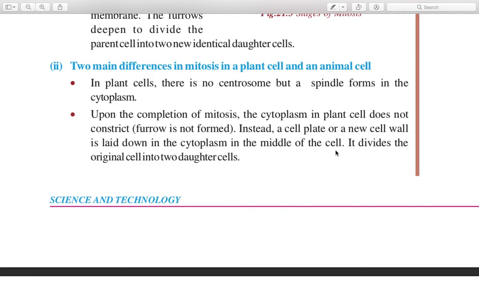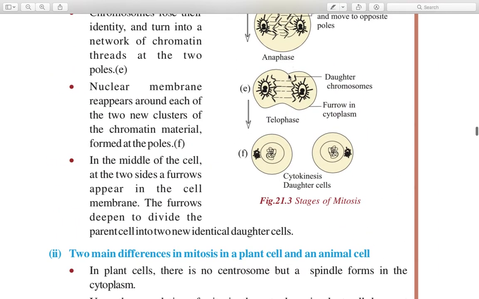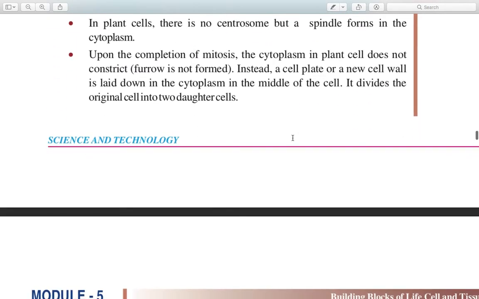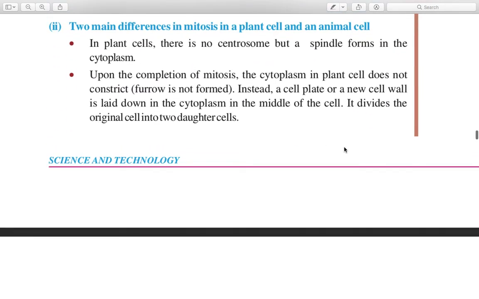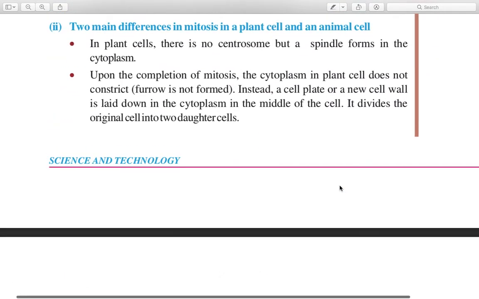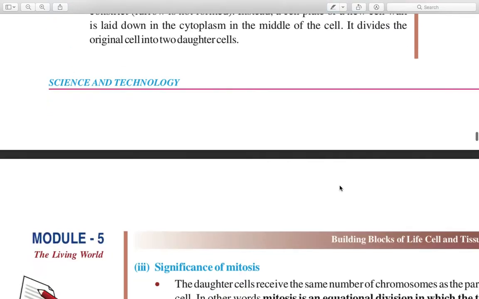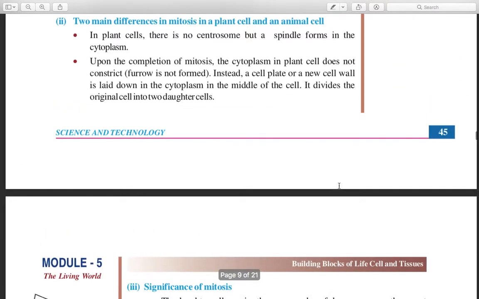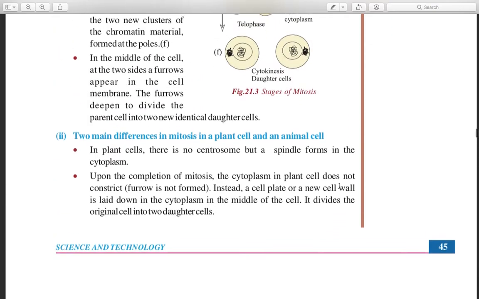So upon the completion of mitosis, the cytoplasm in a plant cell does not constrict. That is, a furrow is not formed like this here, it does not constrict like this in a plant cell, but instead a cell plate or a new cell wall is laid down in the cytoplasm in the middle of the cell. So even in the regular original cell, a cell wall is formed in between, and it divides the original cell into two daughter cells. Got it? So after forming the new cell wall, the original parent cell is divided into two